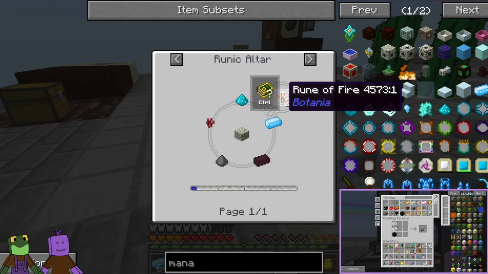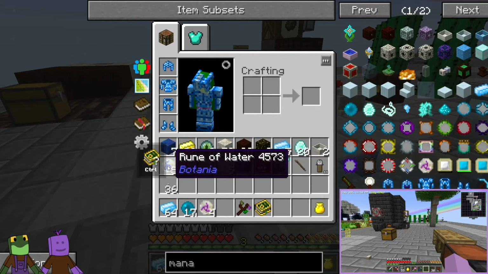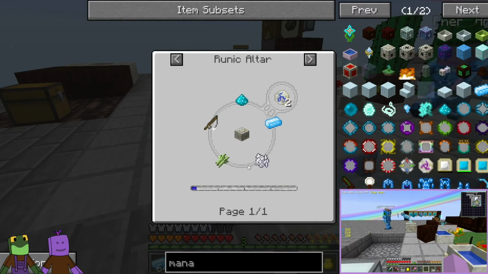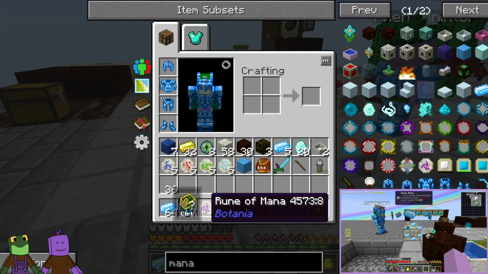And that'll get you, if you notice on here, 2 of these. Every time you make this recipe, you get 2. So I did 3 of these recipes. And now the rune of water, that takes a fishing rod, sugar cane, bone meal, and then the mana steel and the mana powder. Now, the rune of mana,